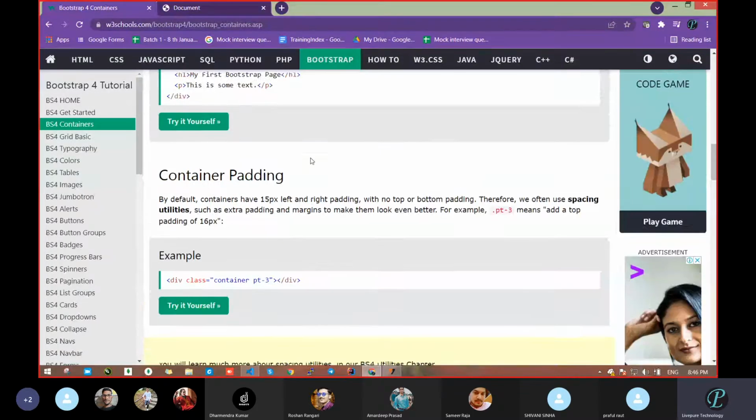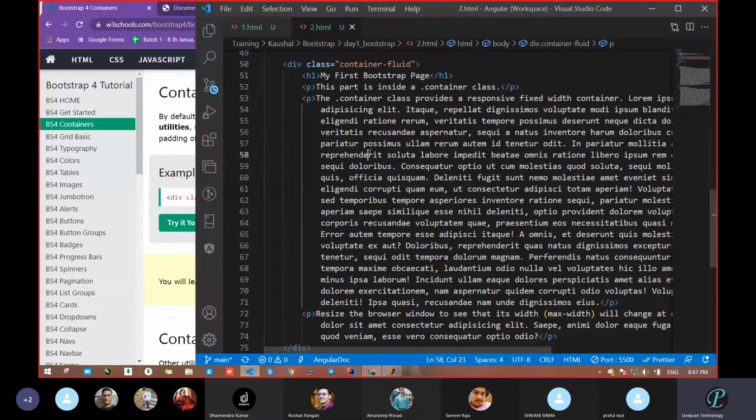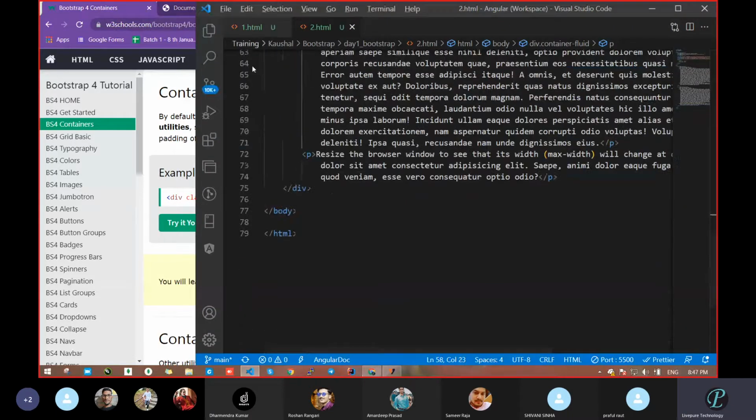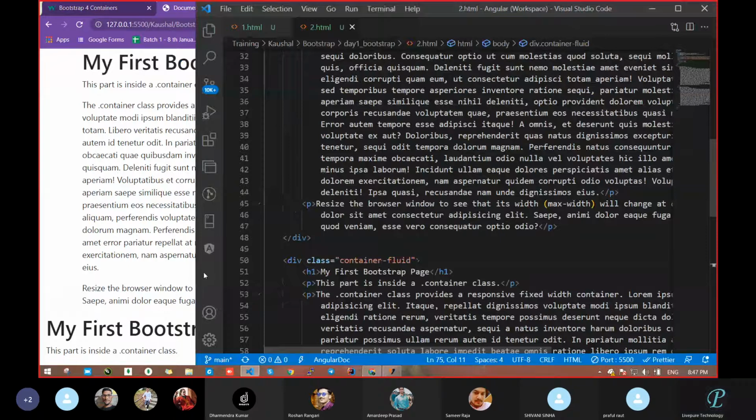Fine. So next, what is this container padding? Padding we will learn later also, that's not an issue, but just to get that also. Suppose you want a top padding. What will you do and how will you pass it in CSS? Tell me fast.